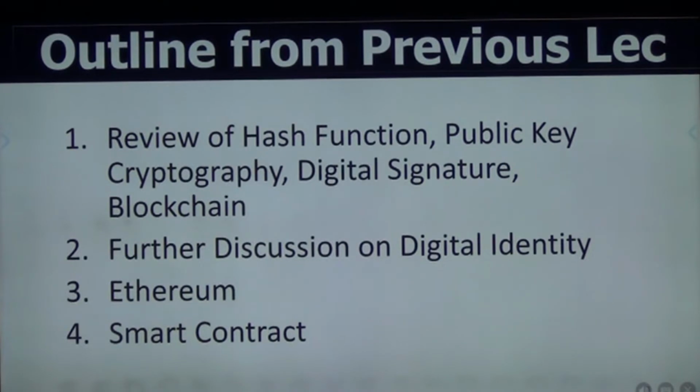But it's a permissionless public blockchain. Permissionless means anybody can join. Like we did last time, anybody who just downloads a digital wallet can be part of this network, and you can write your own smart contract. But then you have to pay in Ether for all the nodes in this permissionless network to actually execute what you want in the smart contract.